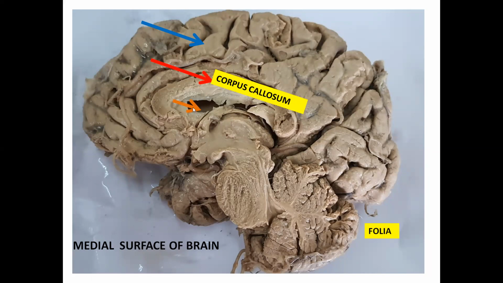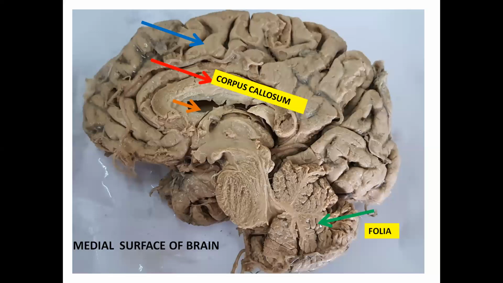Beneath the corpus callosum, this area that you see here, that probe space, that's the lateral ventricle, the cavity of the lateral ventricle. So the lateral ventricle is actually C-shaped. What you see here, this part of the lateral ventricle within the parietal lobe is called the central part or the body of the lateral ventricle. But it's not confined to the parietal lobe alone. A part of it extends anteriorly into the frontal lobe, posteriorly into the occipital lobe, and also downwards into the temporal lobe.